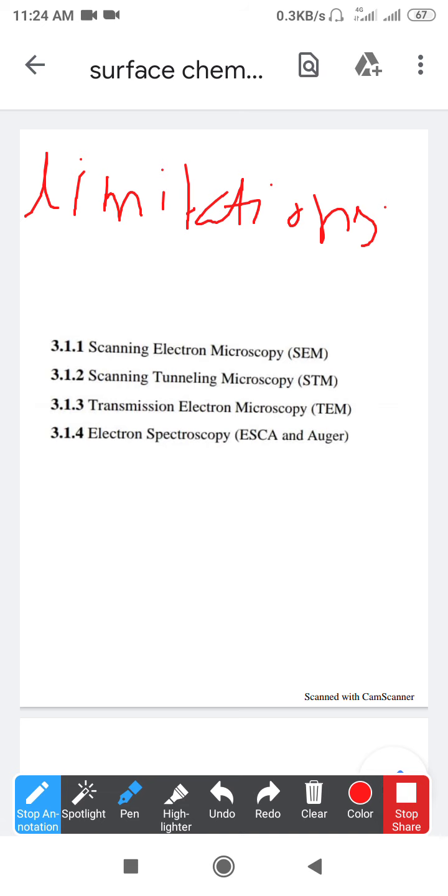Depending upon the various types of methods, we have to use the proper method for the analysis of the given surface. Again, there are some difficulties, like if the solid surface is non-conducting, then what can we do? We can simply coat that non-conducting surface with some conducting material and then analyze the substance. So these are some basic ideas about surfaces. In the next lecture, we are going to see the previous techniques like SEM, TEM, STM or ESCA. We have already seen these techniques, but we are going to revise them again.